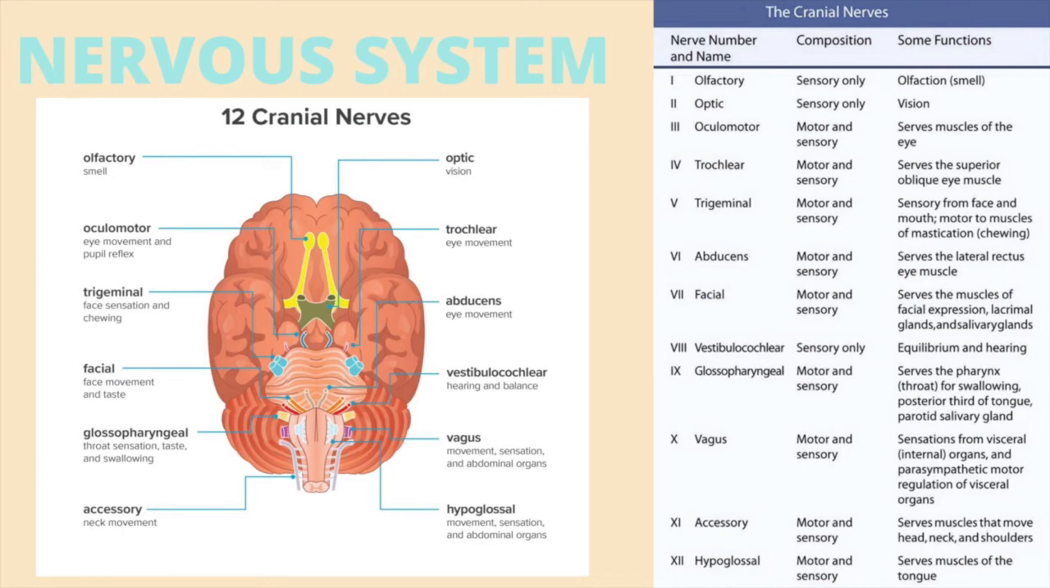Let's go ahead and check on our 12 cranial nerves. These 12 cranial nerves are very important, of course, in reviewing the anatomy and physiology of the nervous system. So the olfactory is for the smell, then optic for vision, oculomotor serves muscles of the eye, trochlear serves the superior oblique eye muscle, trigeminal sensory from face and mouth, motor to muscles of mastication,